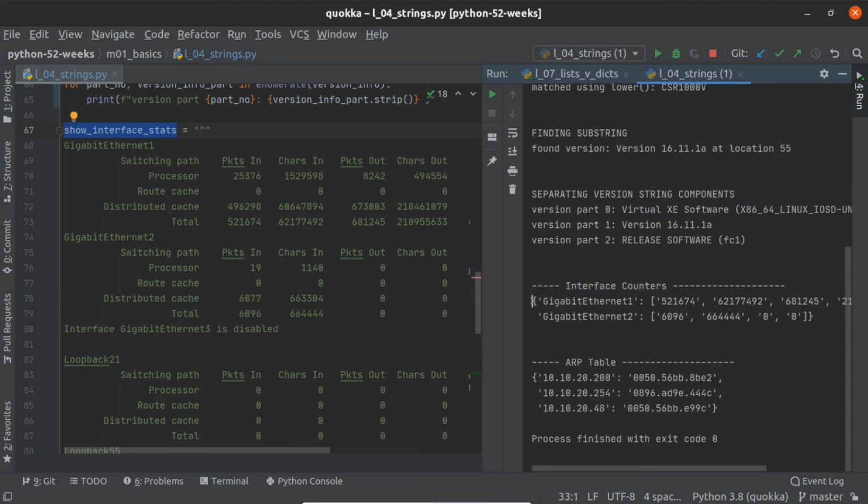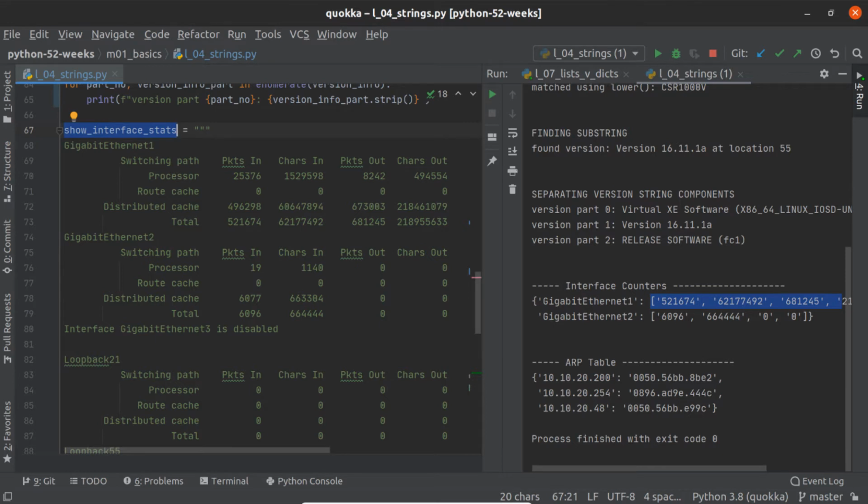I've got this thing right here. You can see this is curly braces with a key on one side and a value on the other, which means it's a dictionary. So I've got a dictionary with 2 items in it, GigabitEthernet1 and GigabitEthernet2. Those, as you can surmise, are going to be the interfaces. And then these are actually the values, the counter values that we're getting back because we're looking at interface stats